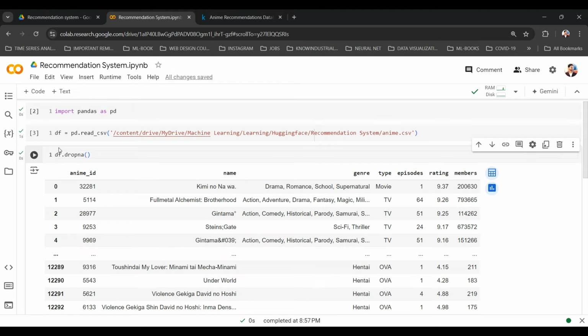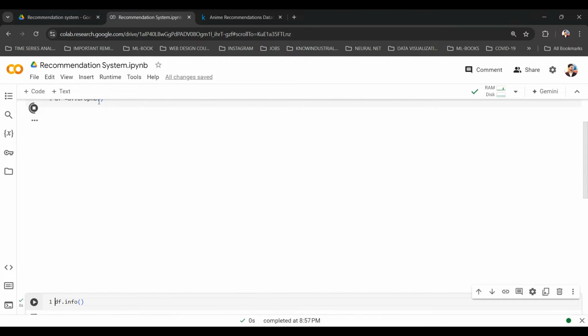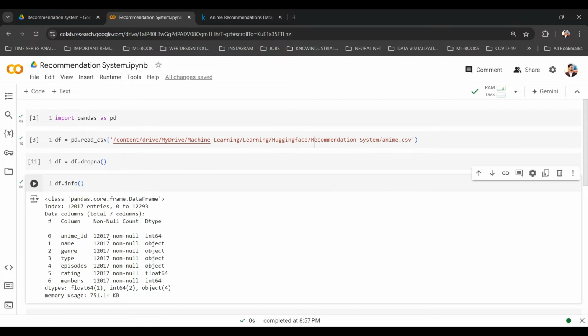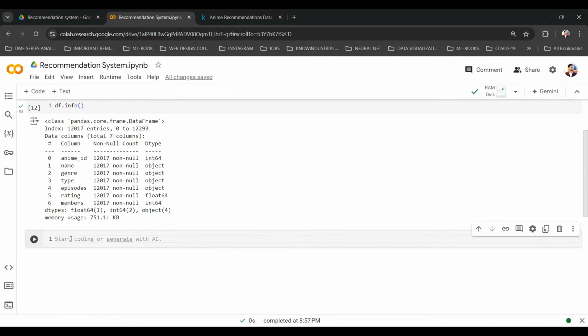Of course, I was silly enough to just do that. It will return a data frame with the dropped rows, so we should save it back to df. Now let us check this, and we can see it has dropped all the entries that were null. Okay, so that's the first thing to do.